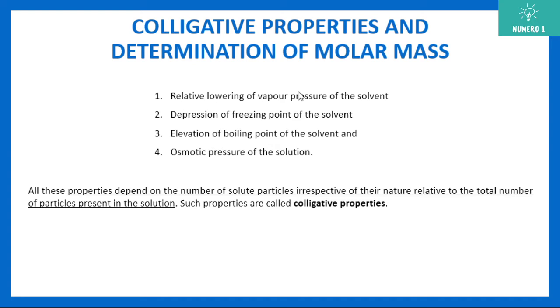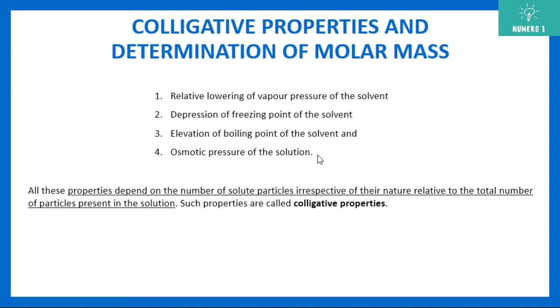The first property is relative lowering of vapor pressure of the solvent. Second is depression of freezing point. So here the vapor pressure of the solvent is a colligative property. Freezing point of the solvent is another colligative property. So what happens when you add a solute, it actually decreases. So depression of freezing point, elevation of boiling point of the solvent, and the last property is osmotic pressure of